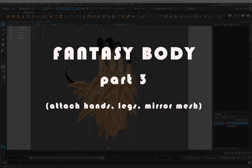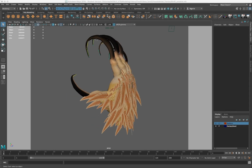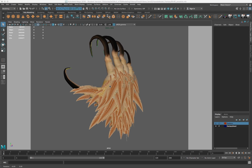We're going to bring in our fantasy hand, and we'll be attaching it to the open part of the wrist on the arm, or the stub, I guess you could say. All right, we're going to prepare this a little bit, and delete stuff we don't need. This was where we last left off with the fantasy hand, the most recent one that wasn't posed